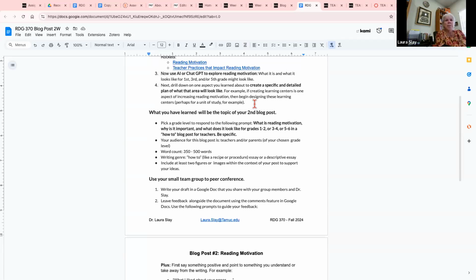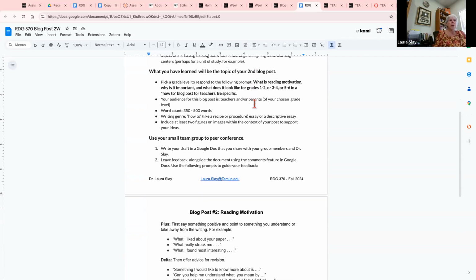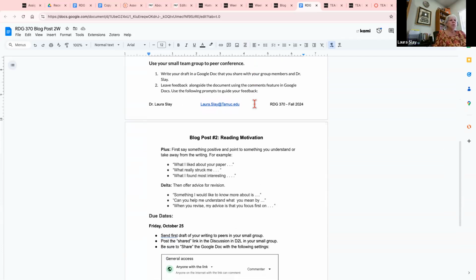So if you're going to prescribe what a learning center looks like or what a particular element of your classroom looks like or where your teacher desk is or the design of your classroom, it needs to go where you're talking about those particular things. That's all part of formatting your paper, formatting your blog post, which is very, very important. And you will teach that same thing to your students. But instead of me giving you the mentor text, you're finding your own mentor text. Go out there and find out what it looks like with the way that other people are doing